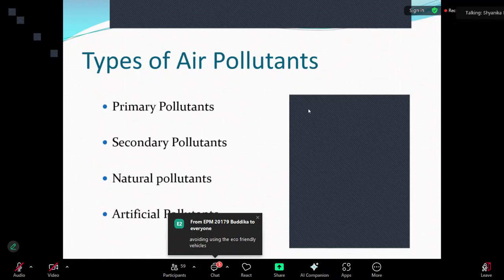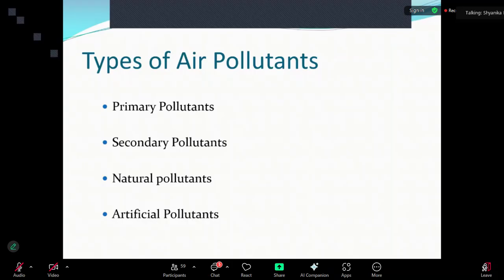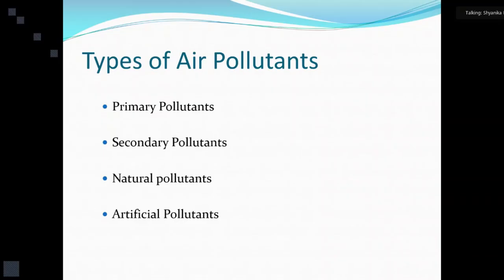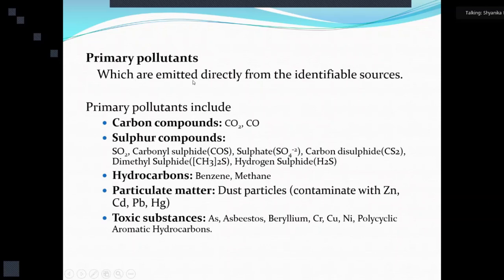When we are concerned about air pollutants, there are several categories of air pollutants. One is primary pollutants, secondary pollutants, natural pollutants, and artificial pollutants. Let's see what the primary pollutants are. Primary pollutants are emitted directly from identifiable pollution sources. Primary pollutants include carbon compounds, for example carbon dioxide and carbon monoxide, sulfur compounds, sulfur dioxide,